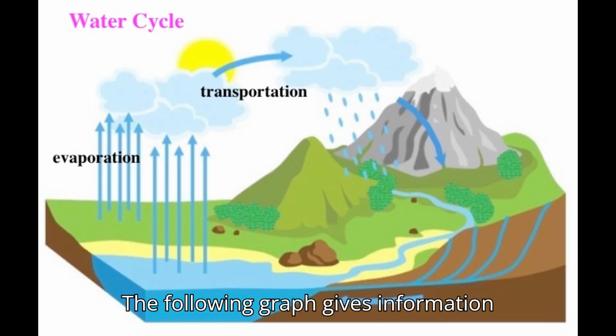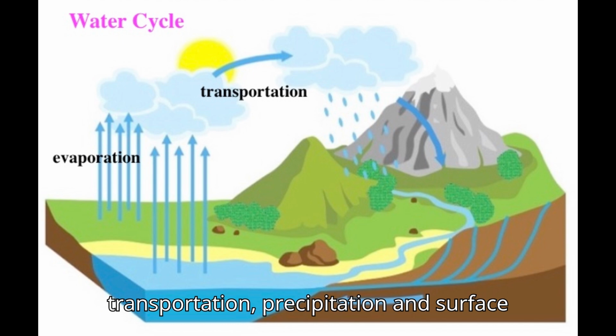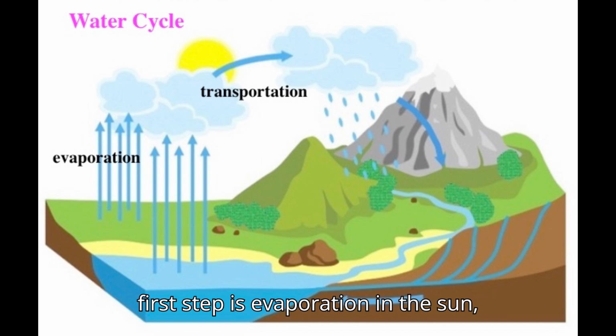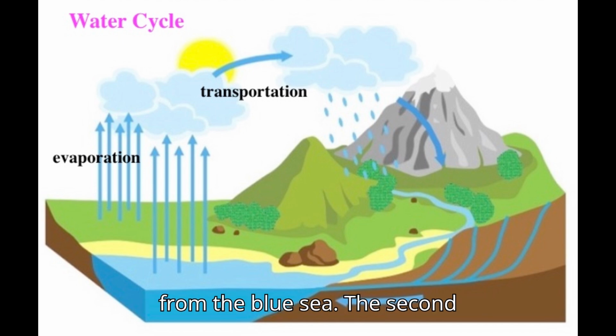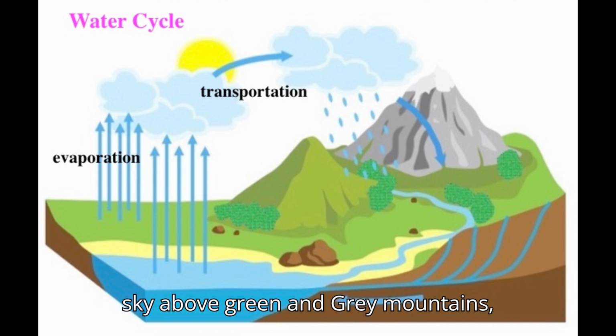The following graph gives information about water cycle in nature. It shows how the process is done. The steps include evaporation, transportation, precipitation, and surface runoff. According to this graph, the first step is evaporation in the sun, with water forming clouds into the sky from the blue sea. The second step is clouds transportation into the sky above green and gray mountains,